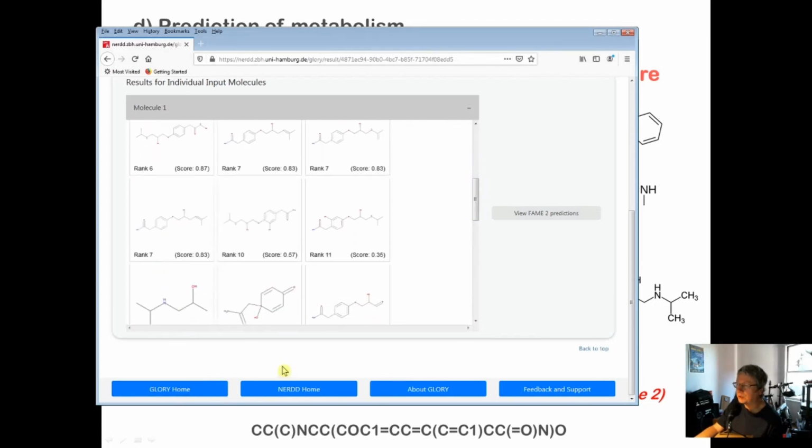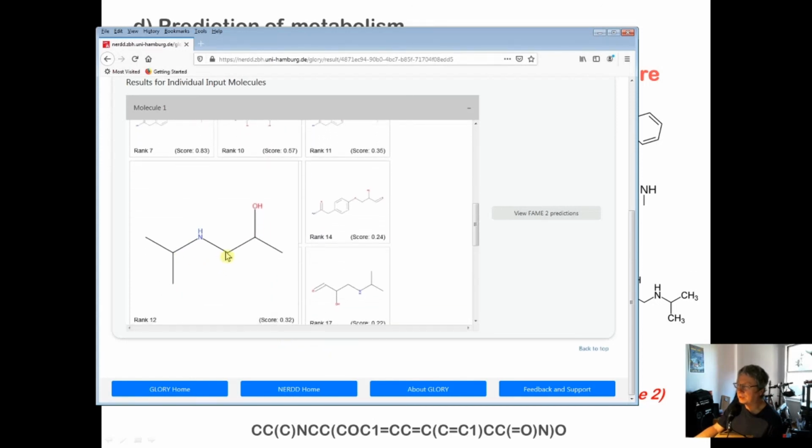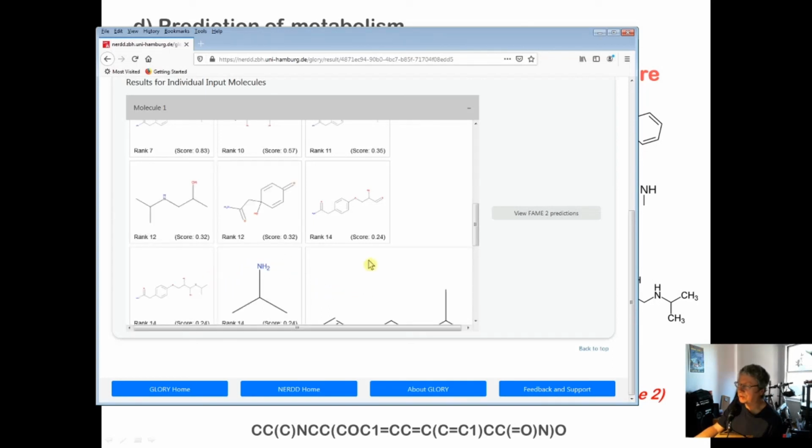Okay, there's the imine again. It looks like this is what I was leading towards. Oh no, actually this is saying maybe aromatic hydroxylation. Kind of a low likelihood thing, but it's possible. Aromatic hydroxylation. What else? Another aromatic hydroxylation. And we got some kind of weird stuff going on at the bottom, but yeah. These are just kind of degraded fragments. I'm not too sure where they're coming from,